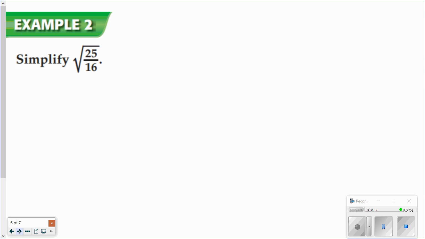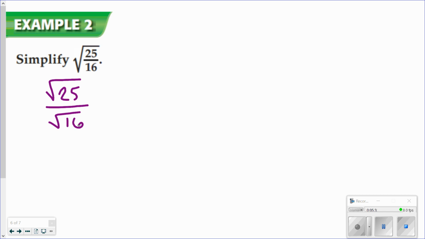Example 2. Let's simplify the fraction under our radical, which is the square root of 25 divided by 16. From that first slide, it told us that you are not allowed to have fractions inside a radical. So what I'm going to do here is make the radical in the numerator as well as the denominator. So I just took my original radical, I split it apart,